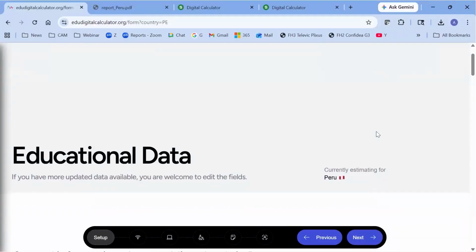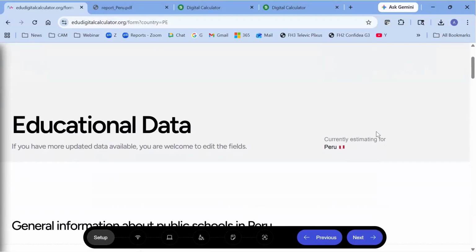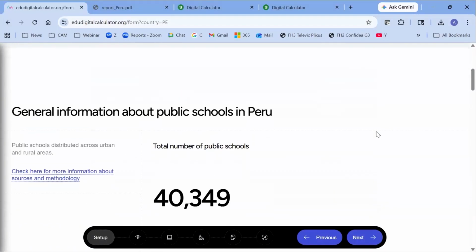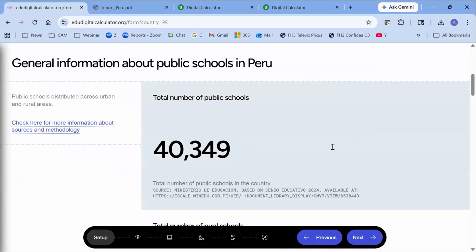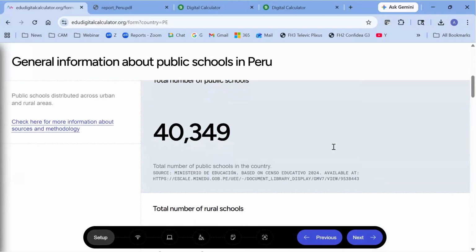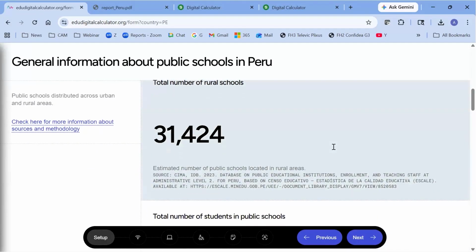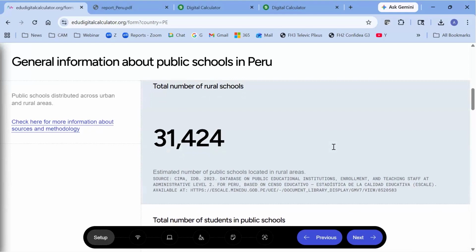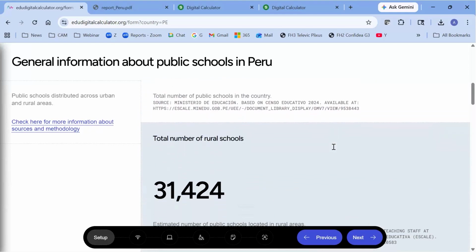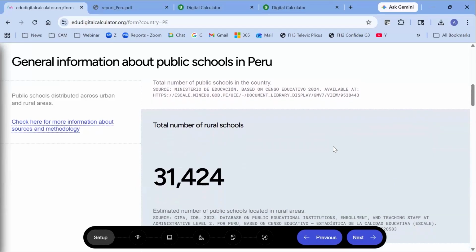The first step is actually having the educational data that you want. By educational data, you will have the total number of schools and the total number of rural schools. Here in Peru, this is particularly relevant because the number of rural schools is particularly high, and we know that for rural schools, it's particularly challenging to implement digital learning.